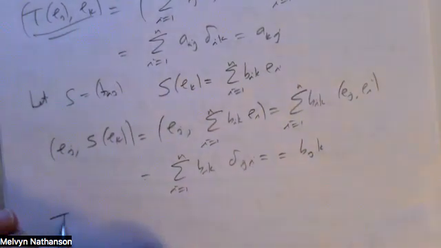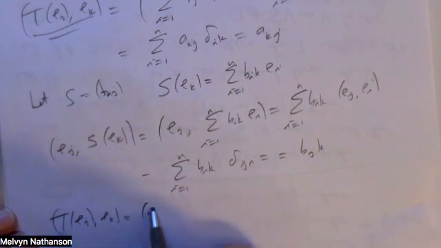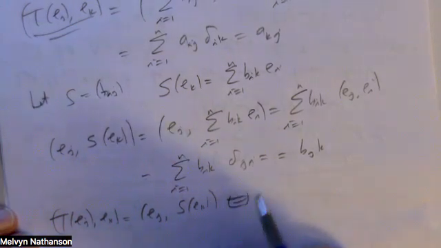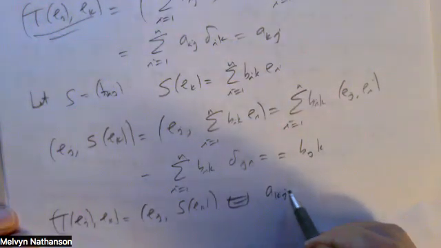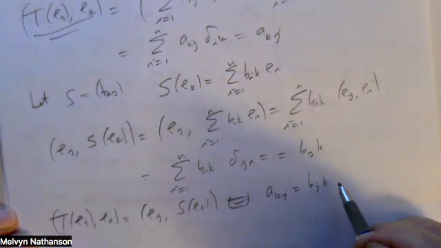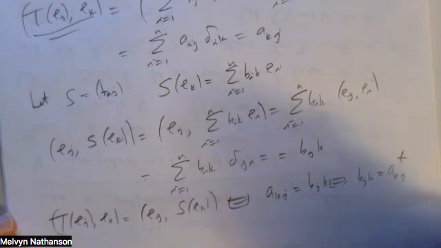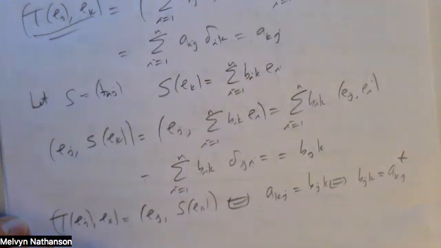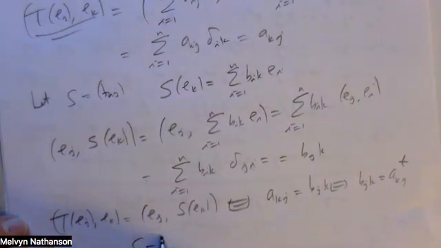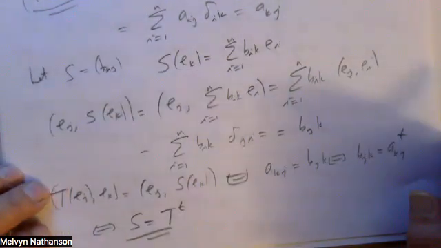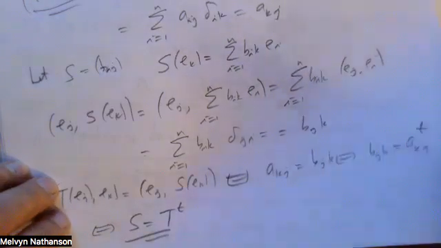So we have that the inner product of T(Ej) with Ek is the inner product of Ej and S(Ek) if and only if Akj equals Bjk, which means if and only if Bjk is Akj transpose, if and only if S is the transpose of T. So what we just proved is